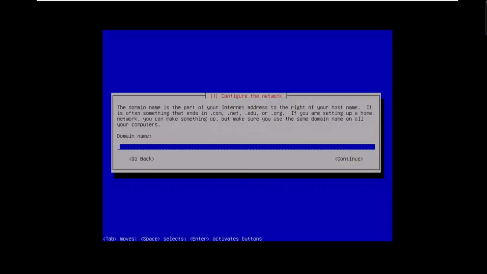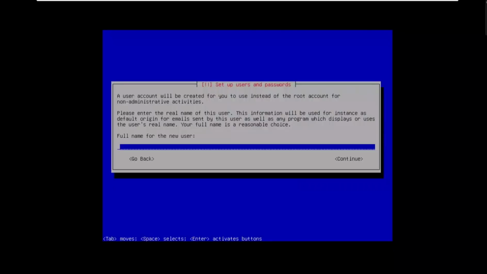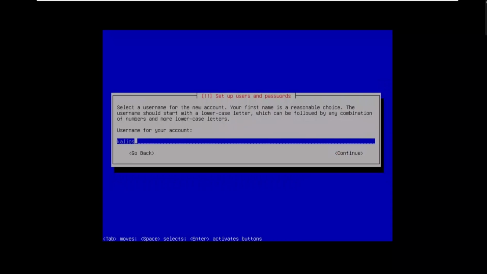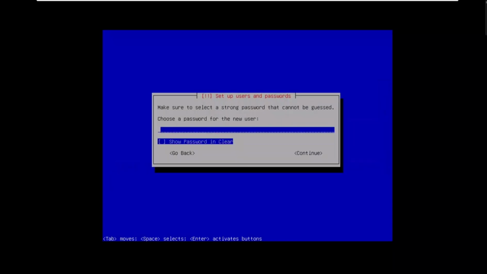Click continue. Now you will see a field for the user full name. The name you enter here will be used to unlock your operating system. Essentially, this username will be required when you enter your password. Then set a password of your choice. Make sure to remember both the username and password. Click continue on the screen.